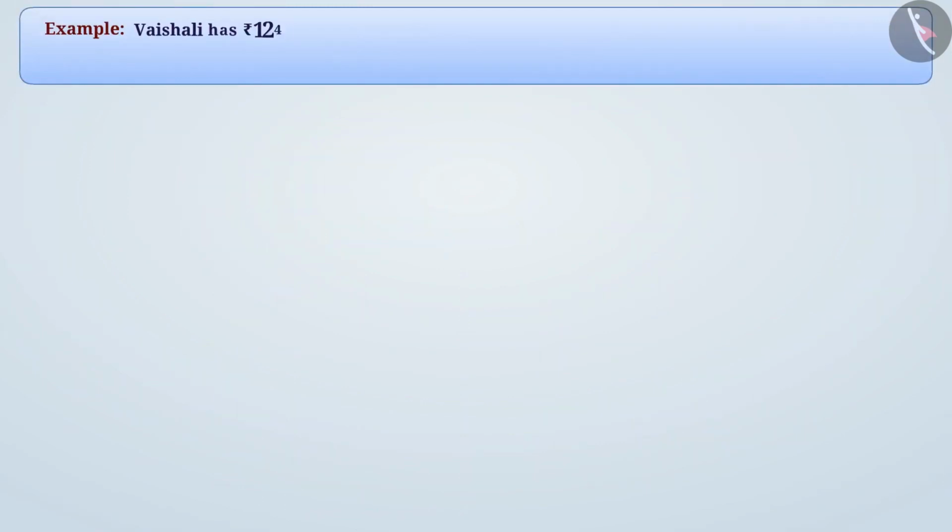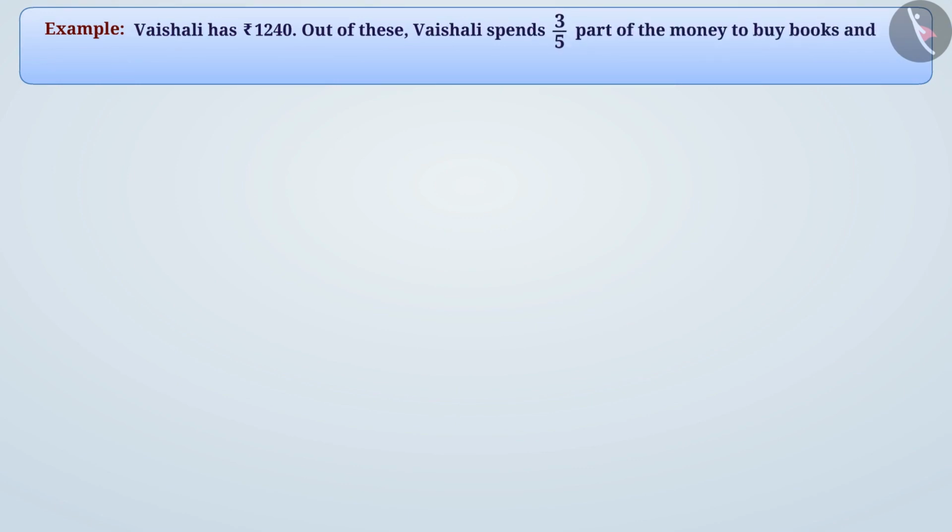Vaishali has 1240 rupees. Out of these, Vaishali spends 3 by 5 part of the money to buy books and 1 by 4 part of money to travel. So, how much amount does Vaishali have left? Vaishali had a total amount of 1240 rupees, out of which Vaishali has spent 3 by 5th part for buying